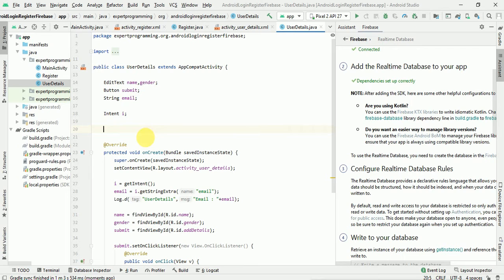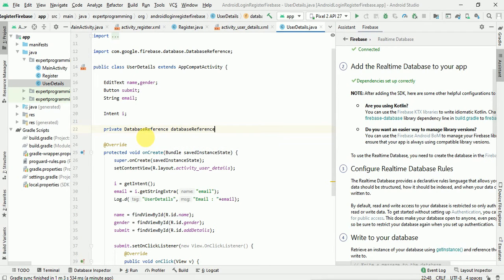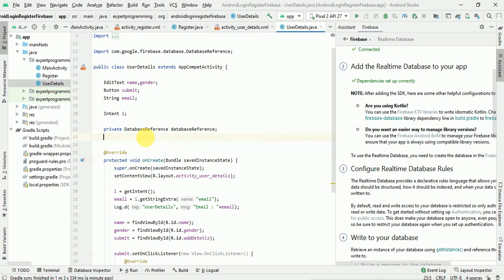Now let's try to add. So private DatabaseReference, it will give us suggestions. So you will see the first one, DatabaseReference will give us the object, and then now we need the user ID so that we can write to the particular user.